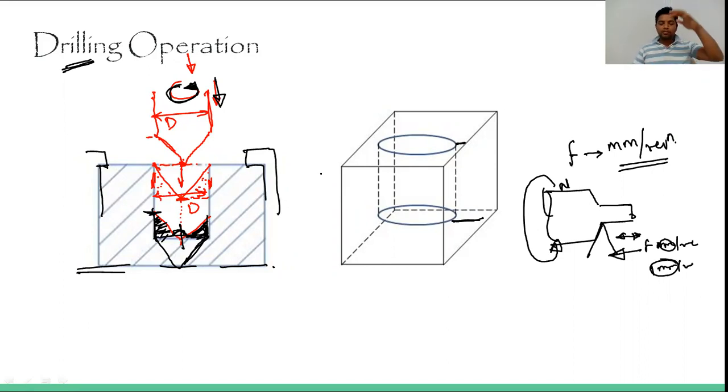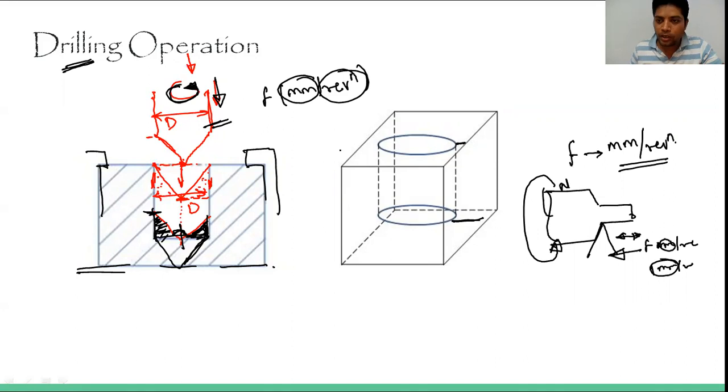Okay, it means we are providing the reciprocating motion. So if we are providing the reciprocating motion, here also the feed will be in mm per revolution, but here the mm and the revolution both are affiliated with the drill bit only. Okay, यहाँ पे क्या था आपका, mm that is affiliated with the tool and the revolution was affiliated with the workpiece, but here nothing is related to the workpiece. Both the mm, the reciprocating motion, as well as the rotation, both are affiliated with the drill bit. So please keep in mind. Okay, so when we are bringing this point over here, then only the machining will start.